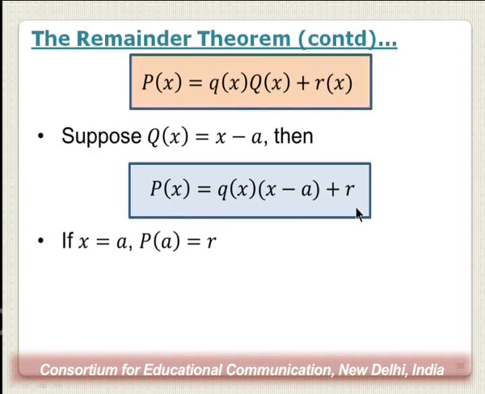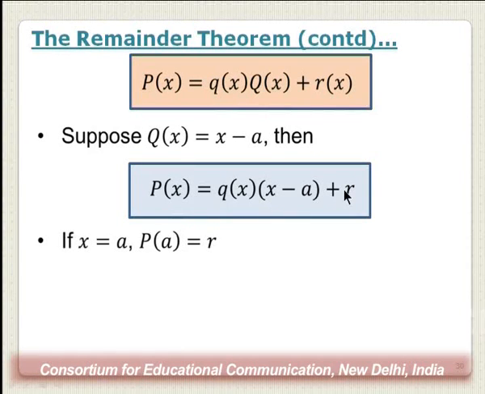to be r. This is because if you're dividing P of x by Q of x, the degree of the remainder always has to be less than the degree of the divisor. So because the divisor here, capital Q of x, is x minus a, the degree is 1. So clearly the remainder has to be a constant. In this case, it has to be of degree 0. That's why I have not written r of x, I have written r here, it is a constant. So P of x is equal to little q of x times x minus a plus